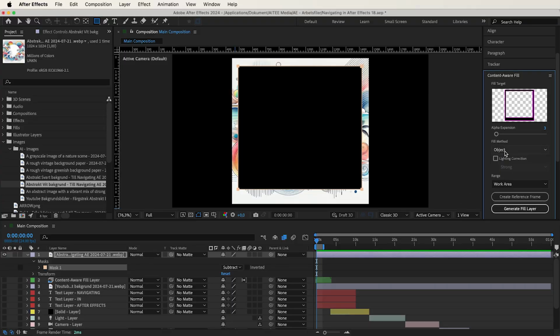Depending on what you're removing or adding, choose between object, surface, and edge blend. Then for object and surface, there's a lighting correction to add. For object, with subtle, moderate, and strong. With surface, also there, using subtle, moderate, and strong. Set it to subtle, moderate, or strong